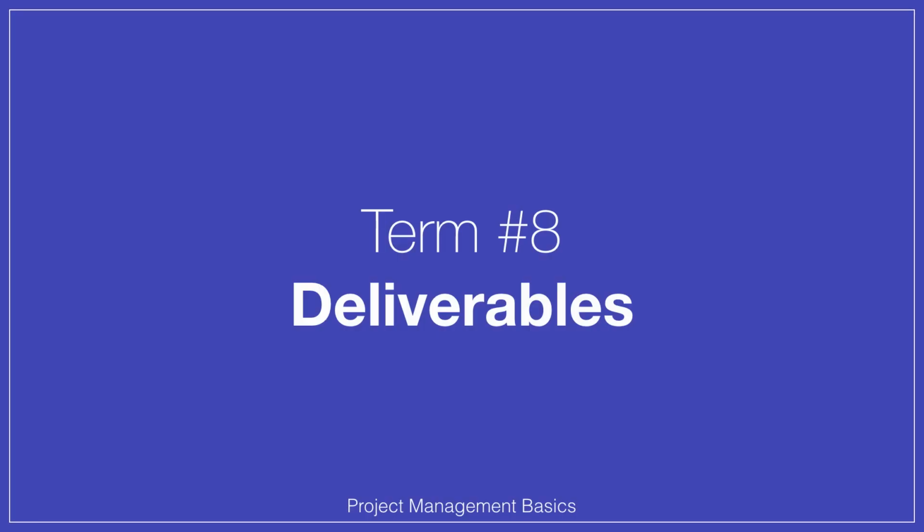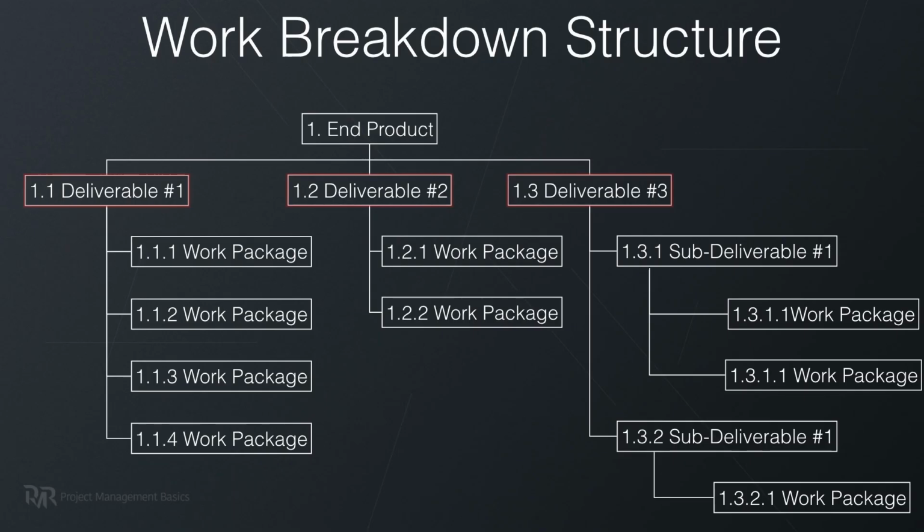So now we must talk about deliverables. A deliverable is a tangible or intangible result required to reach project objectives. So as you saw, these pieces of the work breakdown structure are called deliverables. And there is a critical project management approach. You always need to work towards creating deliverables. It's that simple. First you identify project deliverables, then you ensure that each person on your team performs tasks aimed only at delivering certain deliverables.